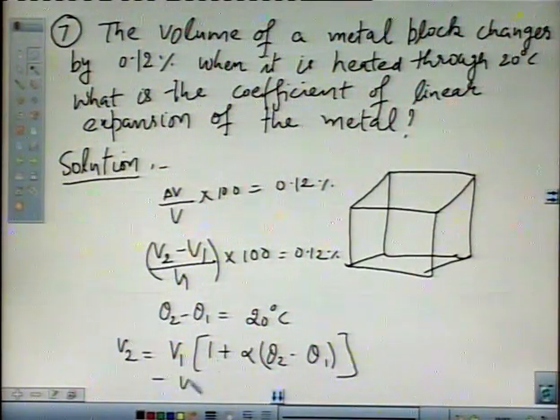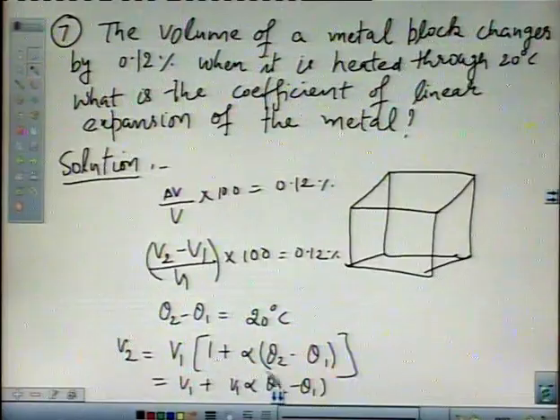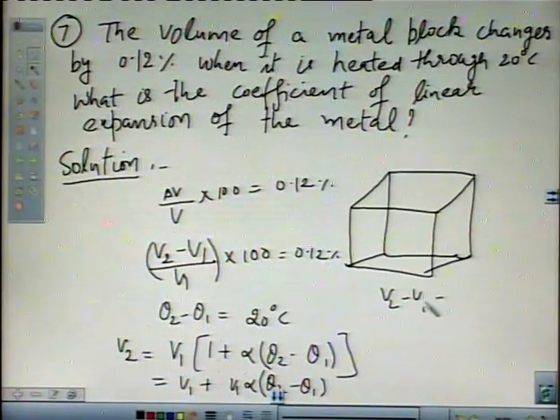This is equal to V1 plus V1 alpha theta 2 minus theta 1. Taking V1 on the left side, V2 minus V1 is equal to V1